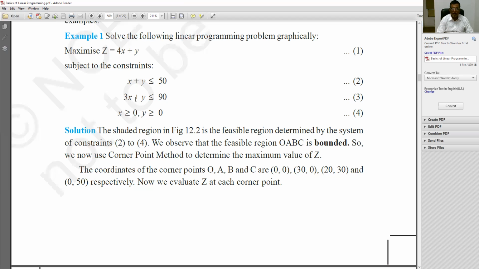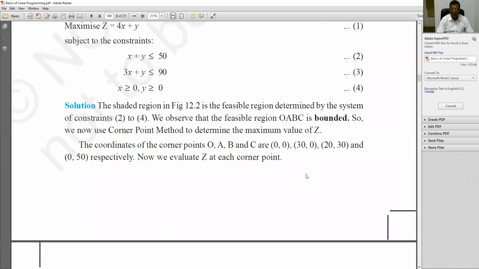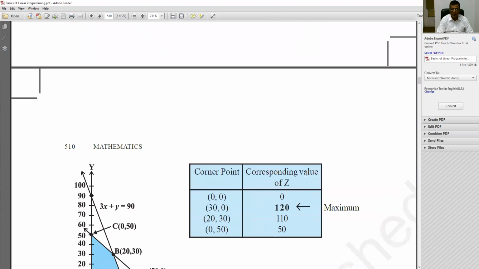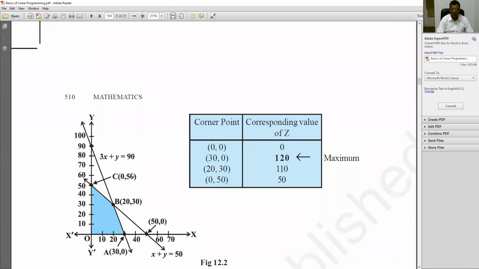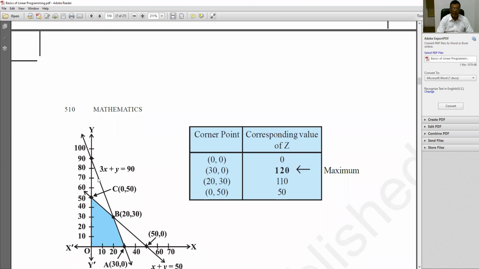3x is equal to 90, so x is equal to 30. So you can see here, this is the result. And on the basis of this, you can draw a graph. Don't be confused by seeing the diagram. You have to